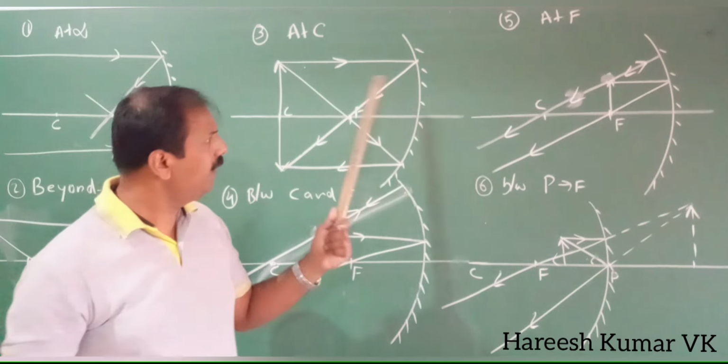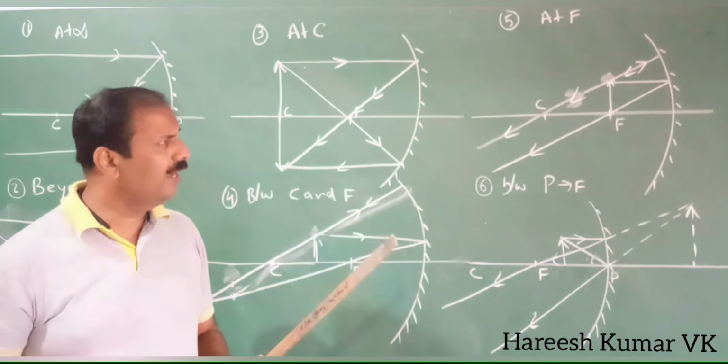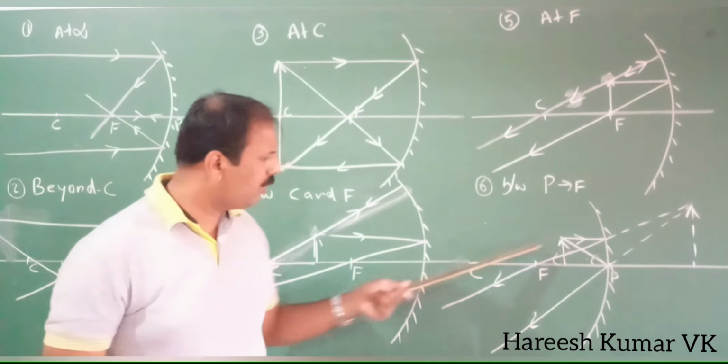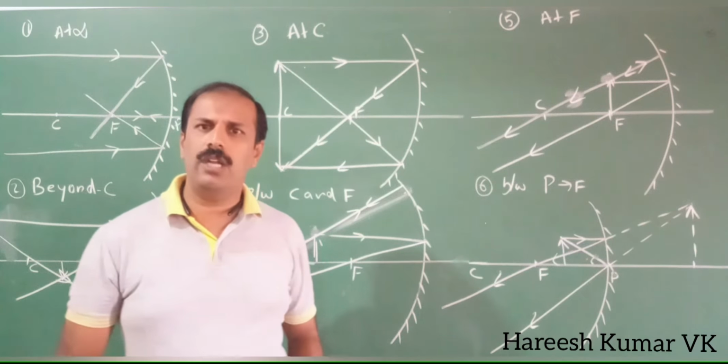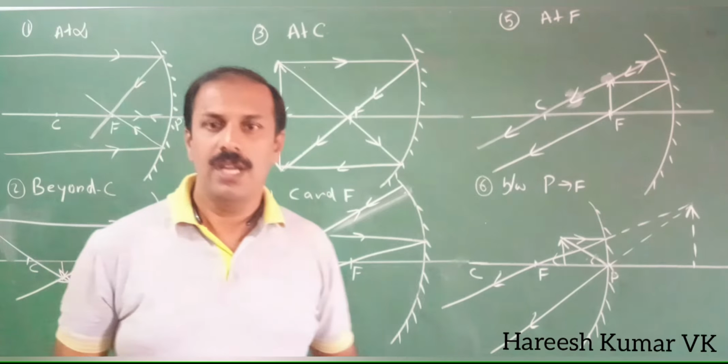If you take some other ray, you can take another ray which is reflecting from here. That also can be used. This is the easiest way. And in this case also, if you draw the one which is passing through C, there also you can do it. But this is the simplest way. That's why I took these things.